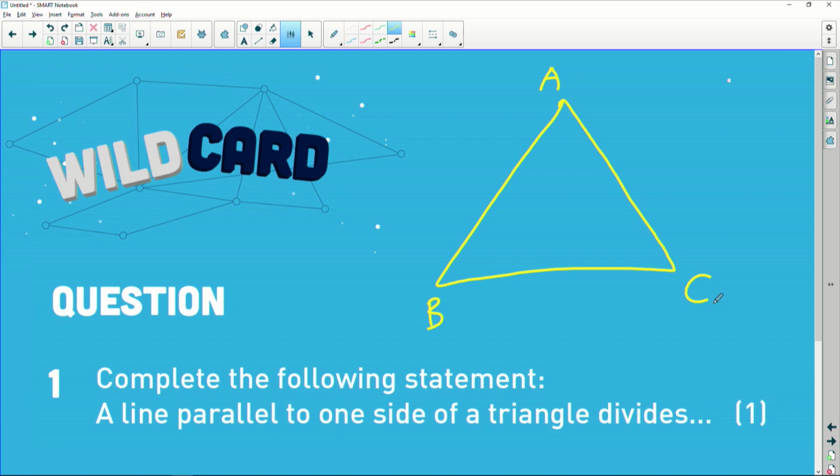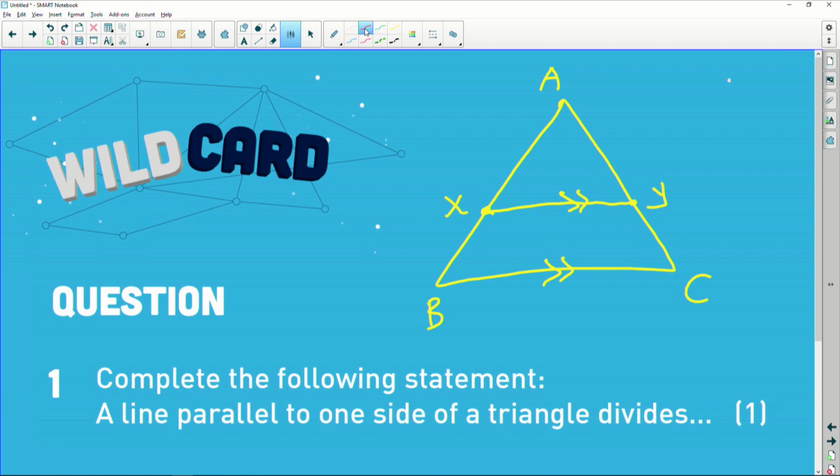It says to us, a line parallel to one side of a triangle. So at the moment, we don't have that line. I'm going to introduce that line here. I'm going to put it from this point to that point. Let's see what will happen there. Right. So that line, this line that I just drew, which I'm now going to call XY, let's call that line XY. If this line is parallel to one side of the triangle, then what is going to happen? Well, from our proportionality theorem, we know for a fact that that line will divide our triangle into two equal proportions.